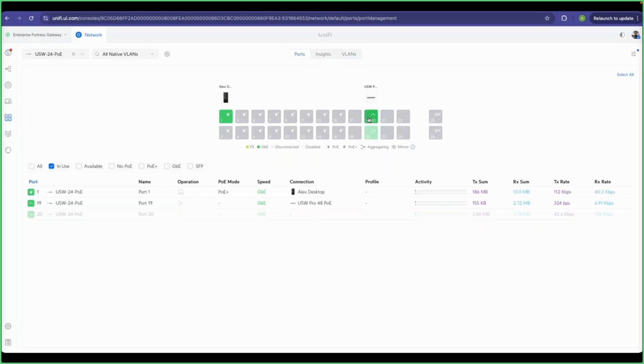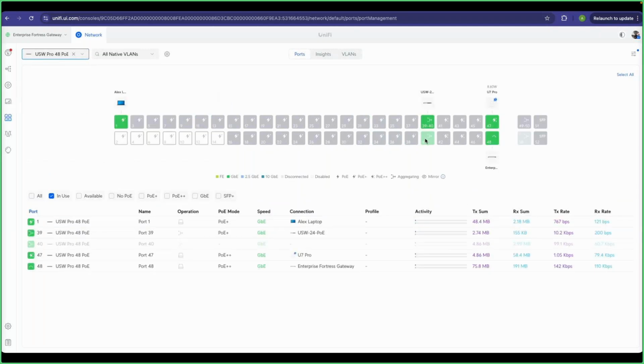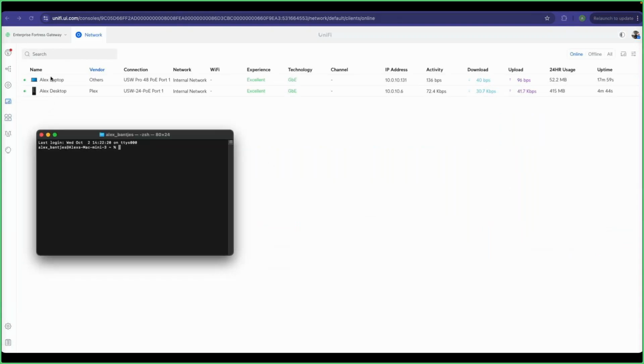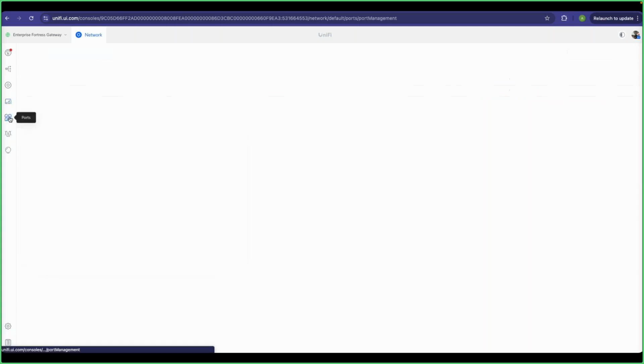So let's see this lag in action. Basically, I've got my switches still connected to each other, and I've got 2 client devices connecting to each of the respective switches. I'm going to start a ping test between my 2 client devices, and you'll see that obviously I get a nice low latency ping. And what I'm going to do now is go look at the ports,